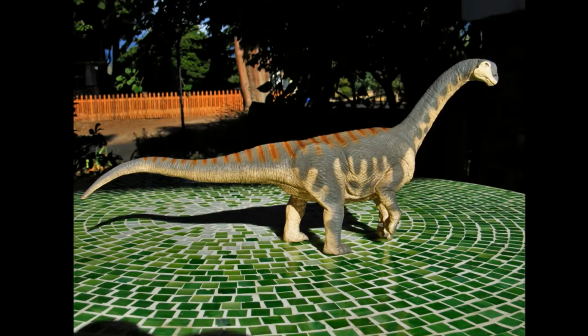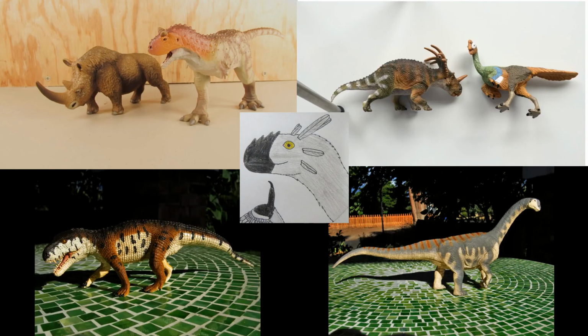I love the detail and the skin wrinkles. I know one person who's a little iffy on the fact that it doesn't have any scalation, but I don't really care. I think the wrinkles cut it. I really think they do. I think that this is great. It's amazing. So, for my overall thoughts of the six we've seen so far,